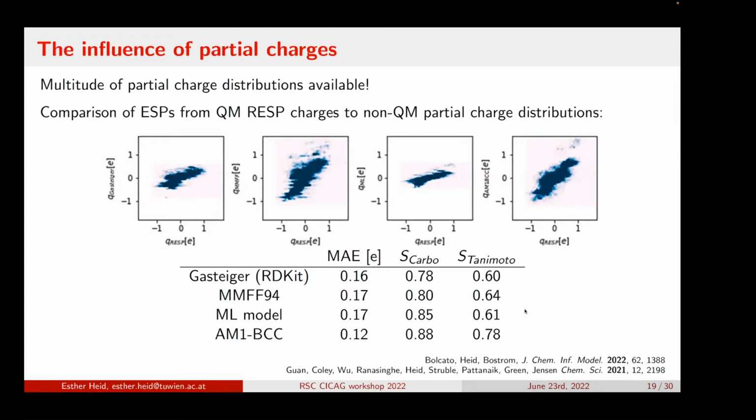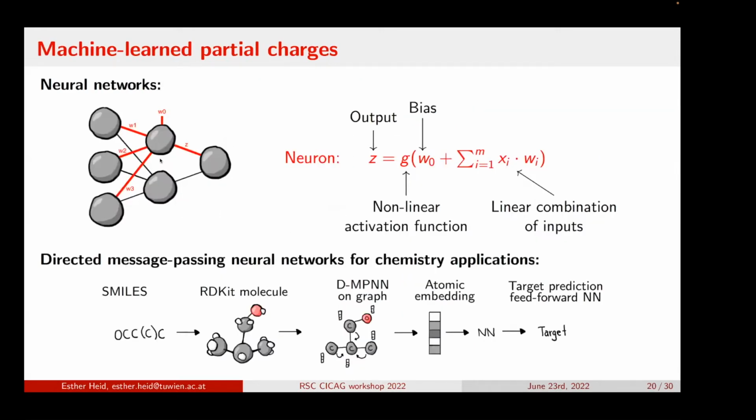So just keep in mind that the partial charge distribution that you choose will impact whatever score you see. It will not impact it a lot if you use only relative scores. So within a project, if you choose one, that's usually fine, but don't try to switch between different ones within a project, and always report what you have done, because otherwise other researchers can't compare to your work. Also, if you're interested in our machine learning charges, they actually perform really well in benchmarks. If you, for example, use ESP-Sim for rescoring DUD-E targets or other benchmark targets, they come from a machine learning